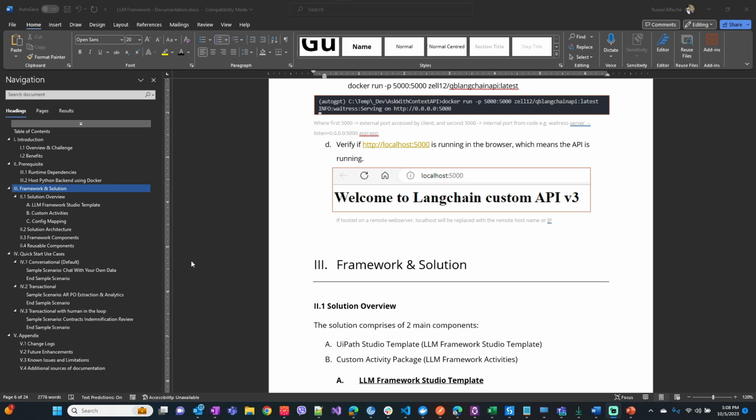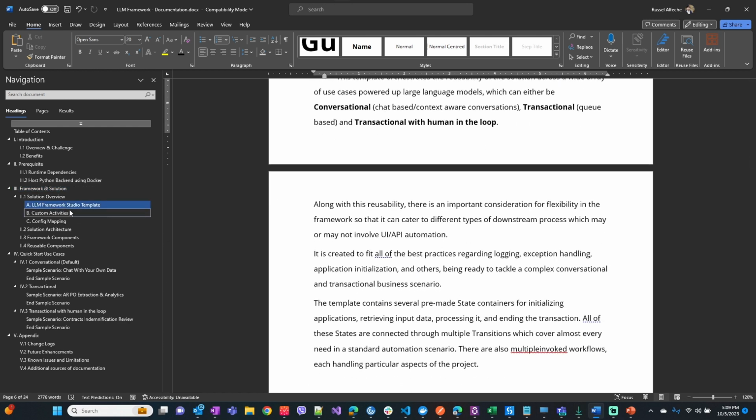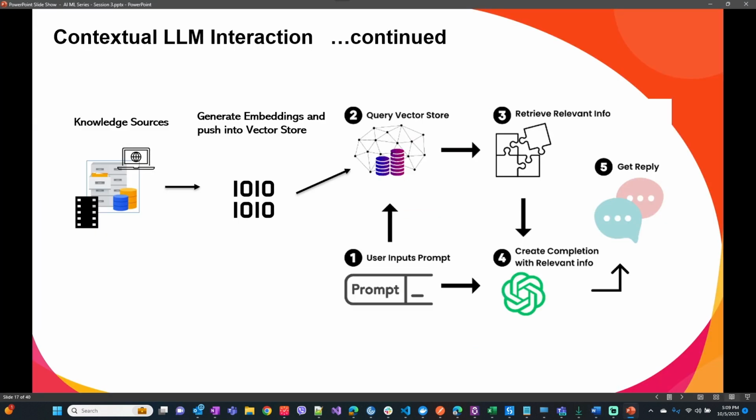Hey everyone, here we are again with another video for LLM Framework with UiPath Studio, powered by a Python API backend using Langchain Framework. In the initial release, I've included a couple of activities revolving around LLM chain so that you can feed your own data sources, whether it's PDF, CSV, Word documents, YouTube video. So these are the initial sets of activity, and the concept behind it is what we call context injection or